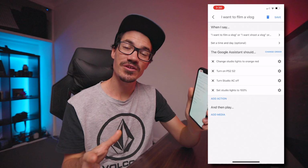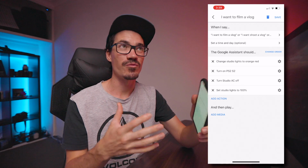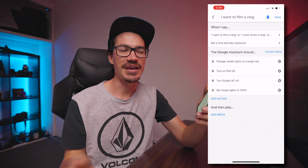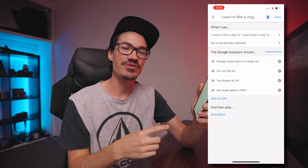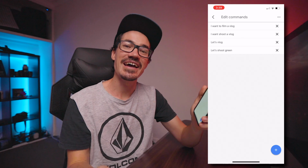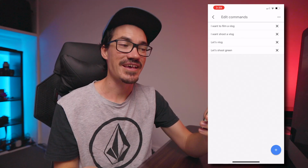Now what's really cool about this as well is you can add multiple or different commands depending on the way you want to say it, I guess, and Google will still do the same thing. So we go back into our routine, go to "when I say," and click on that. Down the bottom, we can add in another command. As you can see here, I've got a few different commands that I could potentially say